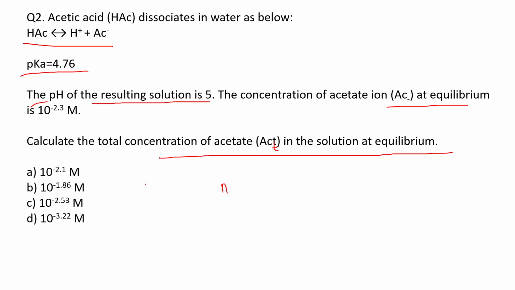So pH is 5, which is equal to 4.76 plus logarithm of A-, which we know is 10 raised to power minus 2.3, divided by HAC, because we don't know that value. From this HAC can be calculated,